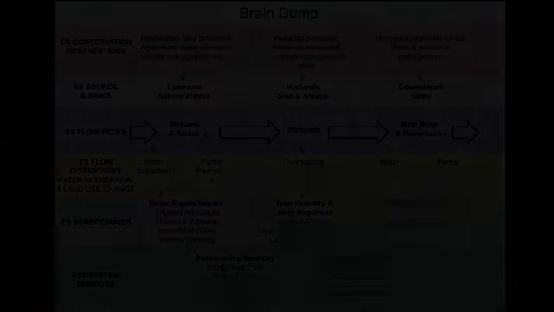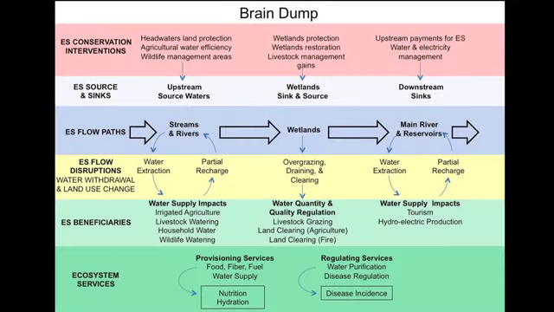We're trying to understand these ecosystem service flow paths, right? So the delivery of water to the downstream wetlands from the streams and rivers to the main river and reservoirs. And so the limited amount of modeling we've done so far is just using the water supply model of Ares to try and scope that out, the delivery of water, and start to say some tentative things about where we might expect these disease hotspots to be. We're starting to get to this, we think.